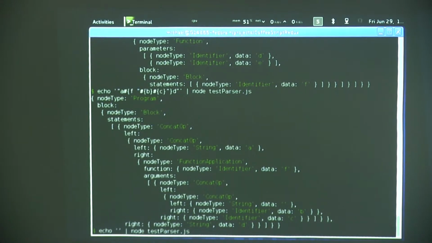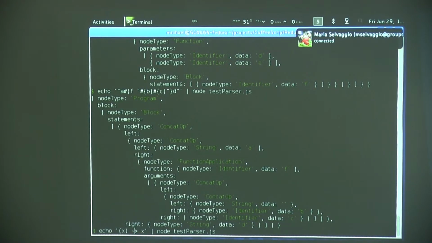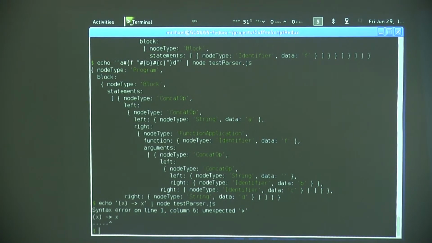Let's say you wrote something like just a function. Let's say you had a tilde there where the dash should be because you can't tell the difference with your font. It's going to tell you what line, what it saw. It's going to show you the line. It's going to point right to the character that caused the problem, or in this case, the character here is because it's thinking it's a binary, a bitwise not operator. But anyway, we'll have